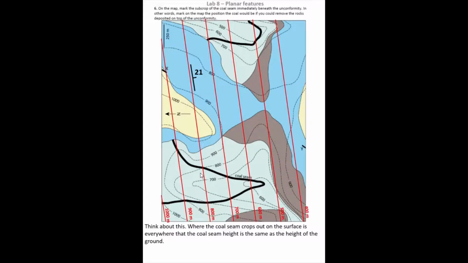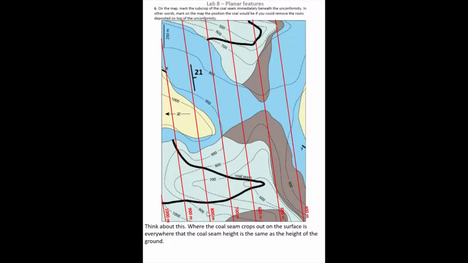Okay, if we think about this, where the coal seam crops out on the surface is where the height of the coal seam equals the ground surface, right? So wherever we see this coal seam, we see it there because the height of the coal seam is equal to the height of the ground. That's a very obvious thing to say, but we just need to understand what the ramifications of that are. So if the coal seam's position on the ground is where the height of the coal seam equals the height of the ground,